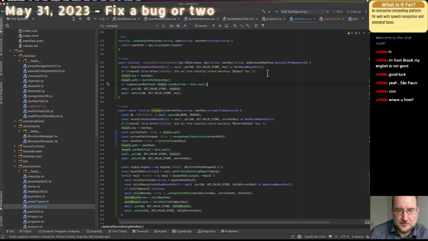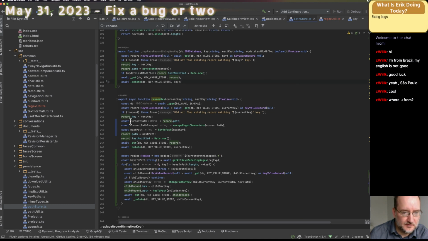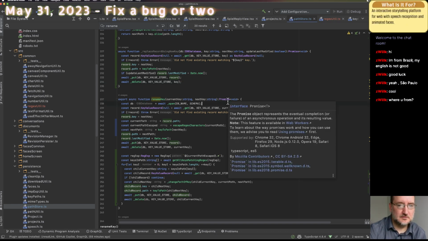Throw an error if we didn't successfully get it. Set this to the next key. Set a new path for it. Update to the last modified time if that flag was set. Put the new record. Delete the old one.